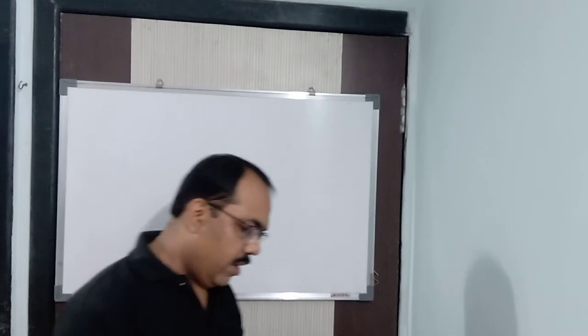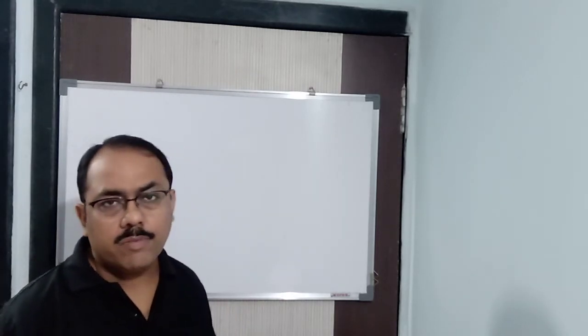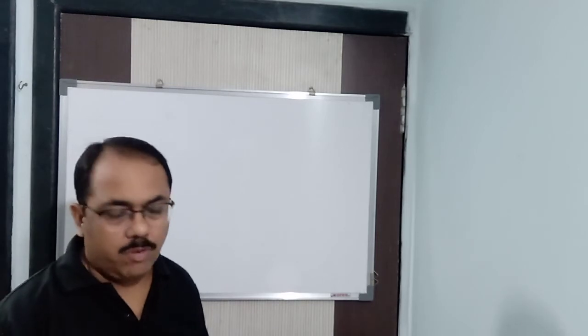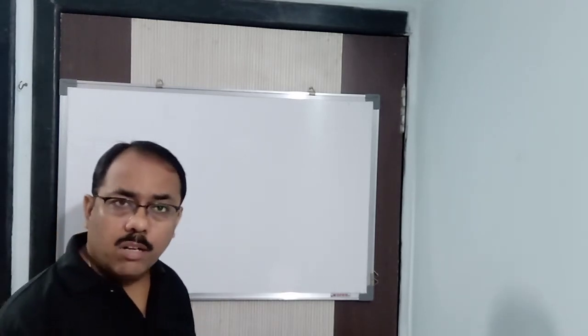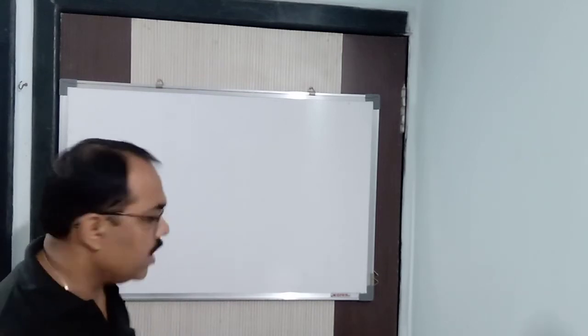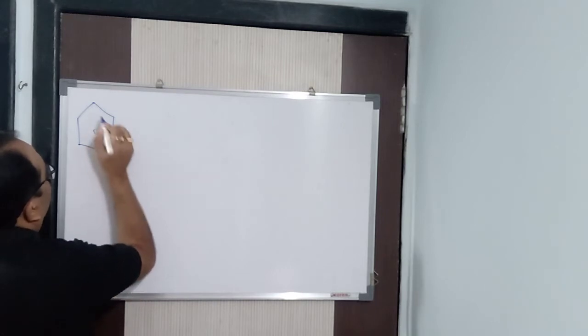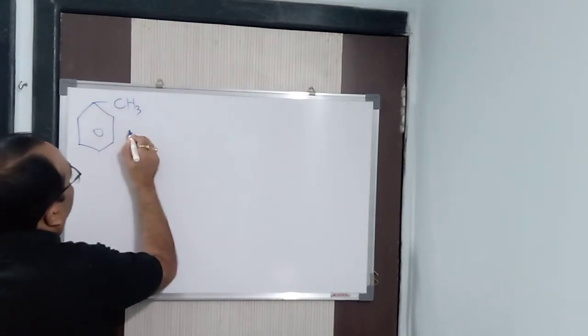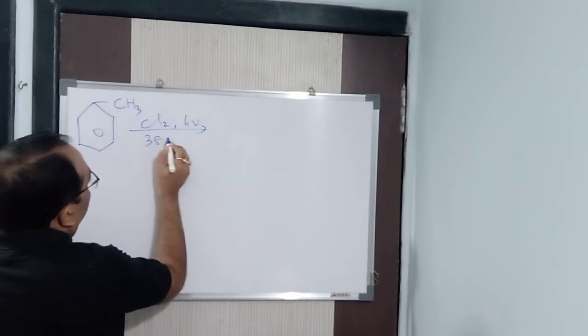Got it? Now next, you can prepare this directly from toluene also. We can prepare from toluene instead of using chromyl chloride or acetic anhydride. Instead of using that, I can do it by a halogenation reaction. So how can it be done? See here. I will take toluene, C6H5CH3, and take chlorine in presence of light, or at 383 Kelvin.